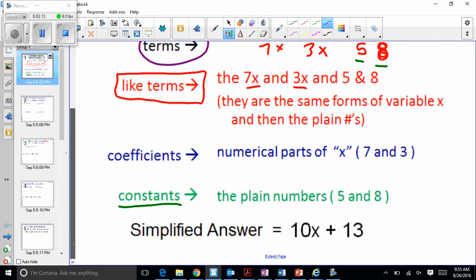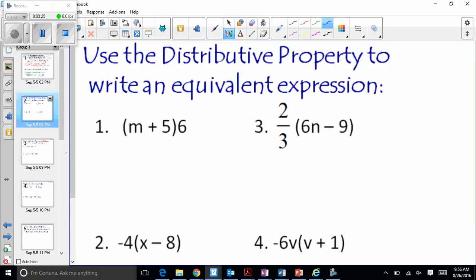We go down the list here. We've covered coefficients. That's the number in front of the variable. Constants are the regular numbers. And in the end, when we combine the like terms, it makes 10x plus 13. Moving on, we want to use the distributive property to write equivalent expressions. The distributive property helps us to